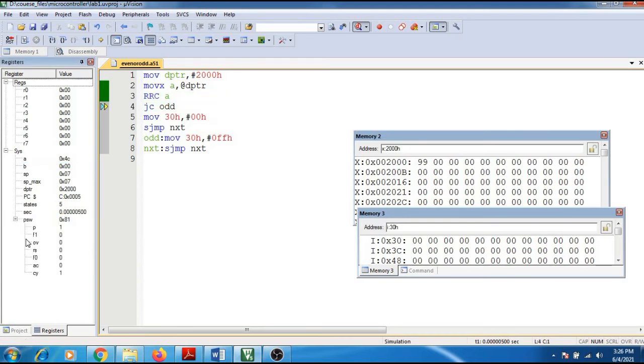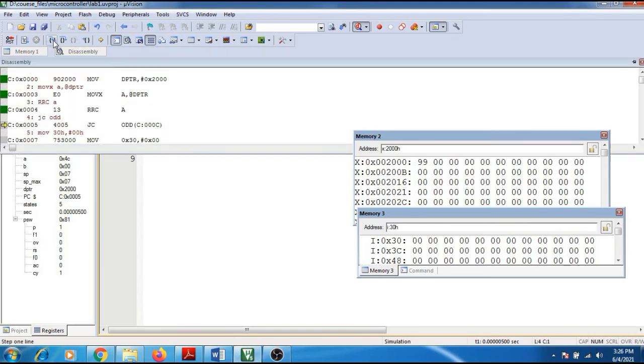See, now the carry flag is set because for 99 the LSB bit is 1, and the contents of the accumulator are changed to 4C. Okay, right? So now we know that if the carry flag is 1, then this condition is true, so it should move to the label odd, right?